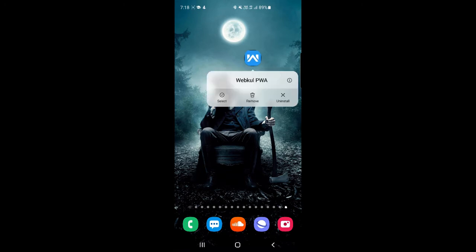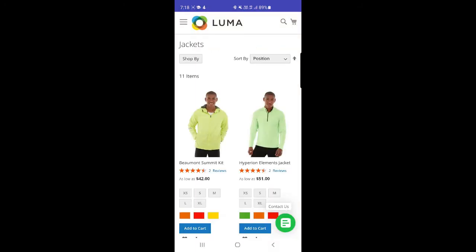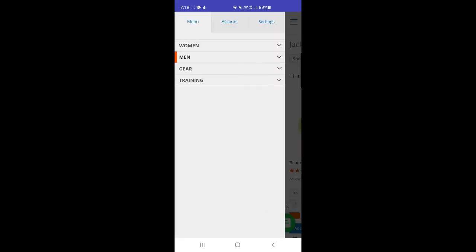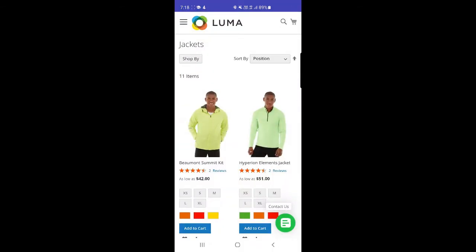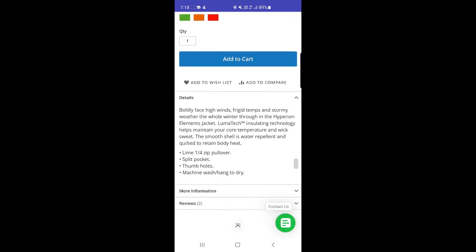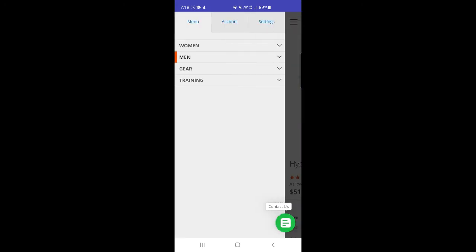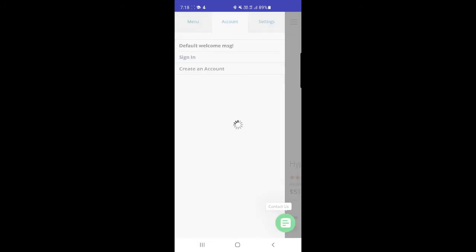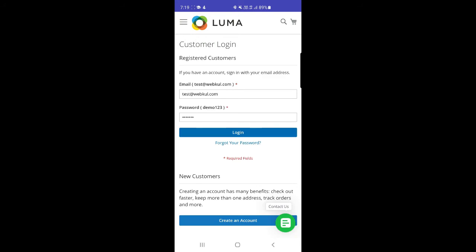Now as soon as I open this particular shortcut, you'll see a splash screen that we've configured from the backend. So let's tap on that. You can see the splash was there, and now the PWA is live on the mobile device of the customers. They can access this anytime by going to the home page and tapping on the PWA. From here they can do whatever they want to do as they were doing on the web-based browsers. Now this is just an experience of the PWA itself. So let's tap here on the sign in button. We'll be automatically taken to the sign in page, and we can log into our account there.